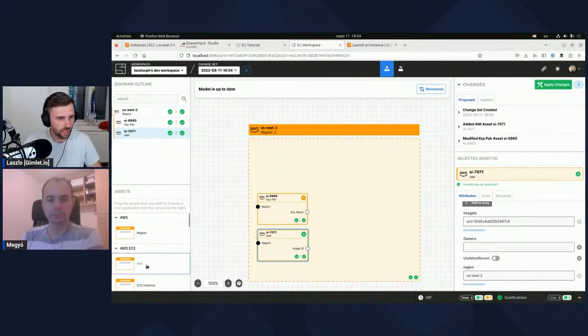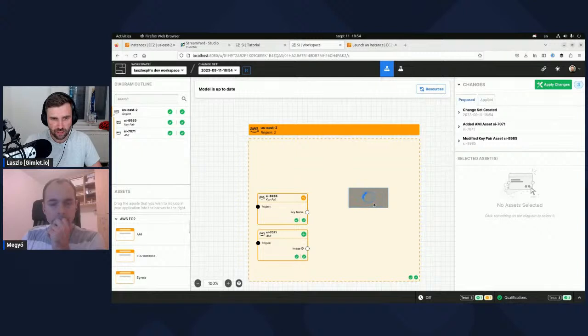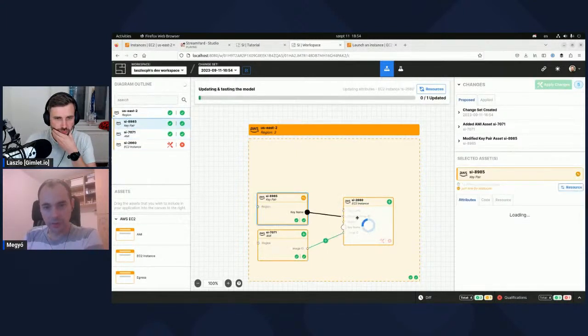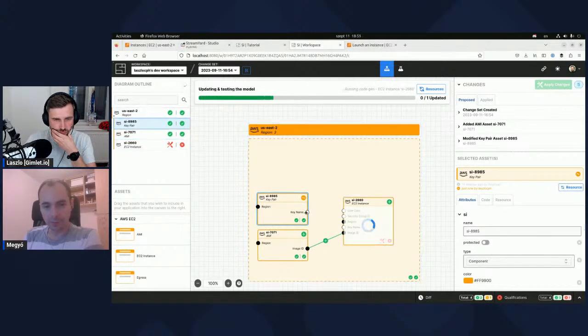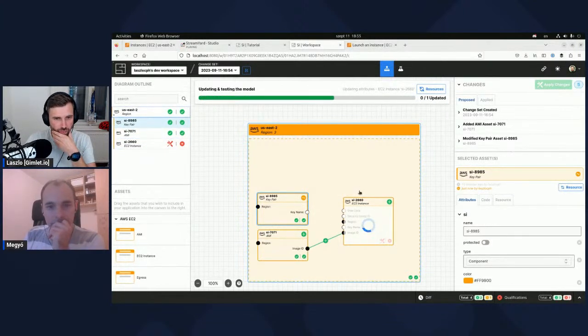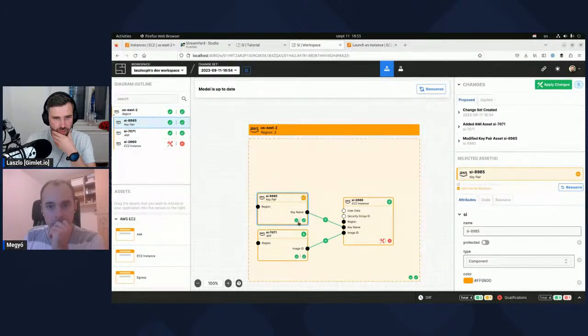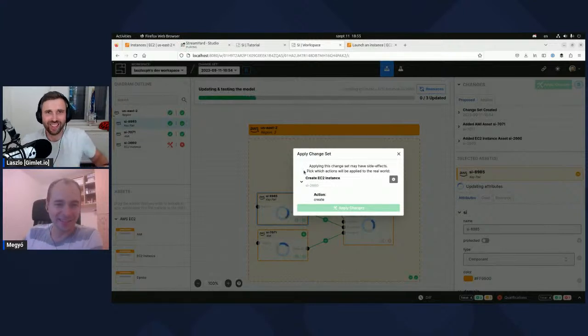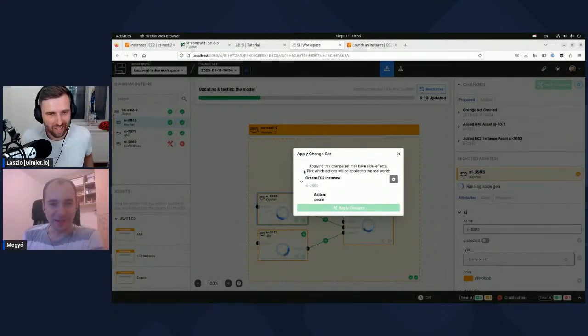Good stuff. And then comes the instance. And theoretically, you just link those two, and then you should be good to go. All right, and apply. Wait. I think you were a bit too quick. The last model update did not happen yet. I didn't click the apply changes just yet. Okay, let's see what happens.